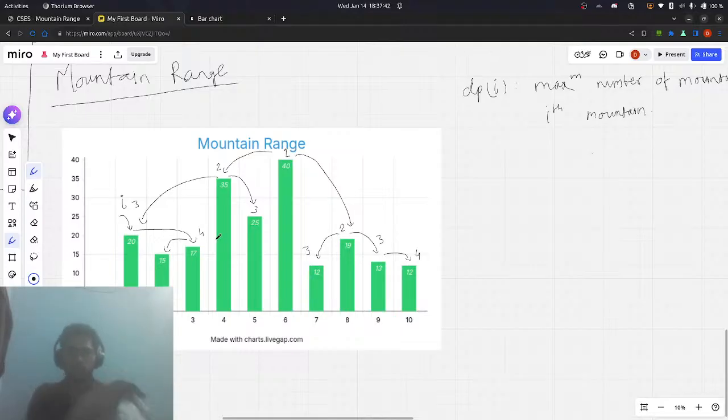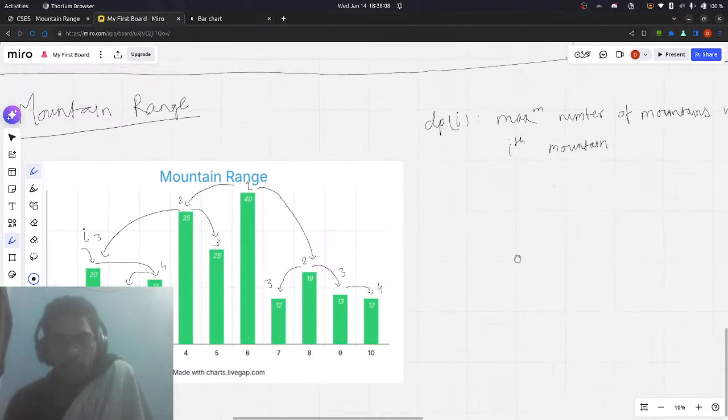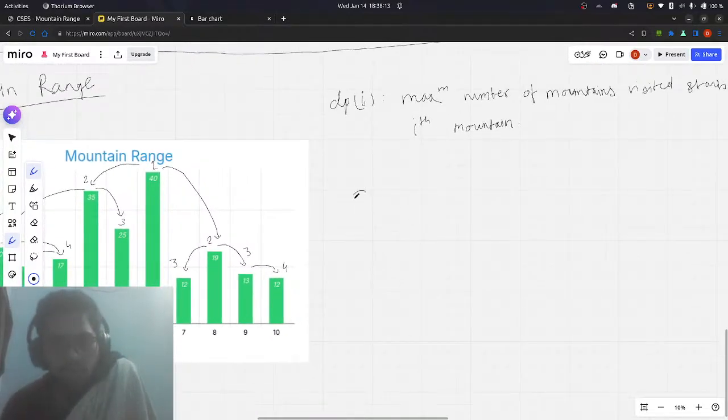But how do we calculate the next left maximum or right maximum? That we can do using a stack, or even using just a loop. So yeah, that definitely will be an n-square approach. So what we are doing here will be a little different. The concept will be the same only. We will be calculating dp[i] by